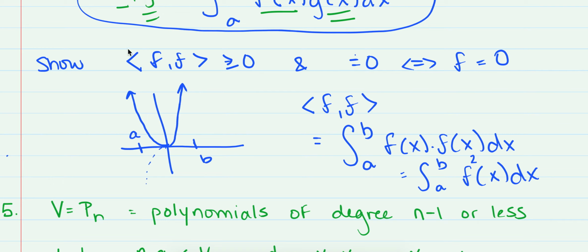And then the definite integral is the area under the curve, right? And so the only time the area under a curve is negative is if it's below the x-axis. So you would add this part up with this one, and that's going to be a positive area. So the inner product of a function with itself is always going to be greater than or equal to 0. And you can see that it's only going to be equal to 0 if, well, it's the area under a curve, and this is a continuous function, keep that in mind. So the only time the area under the curve is 0 is if the curve is actually the 0 line,